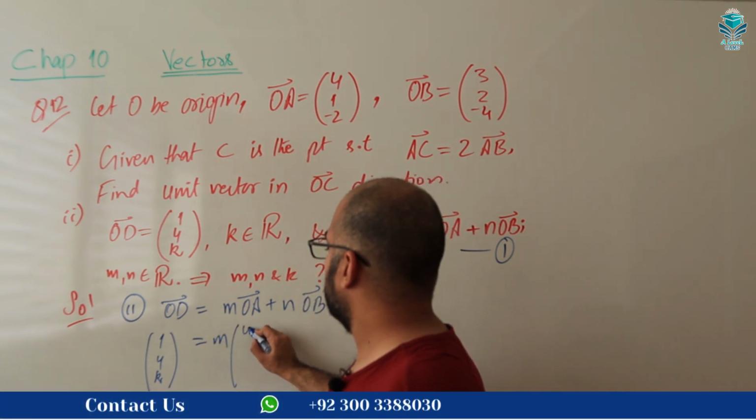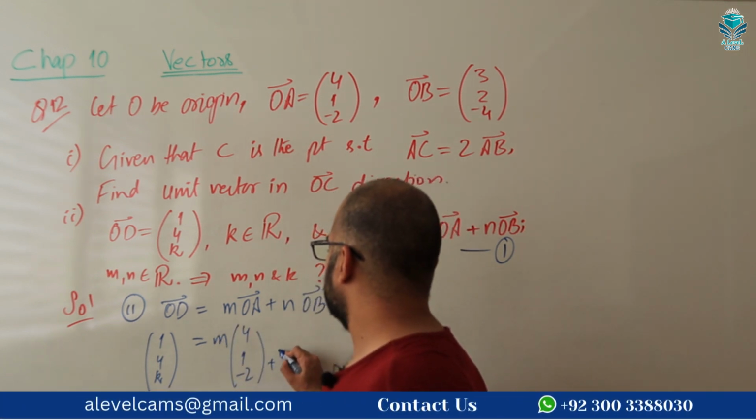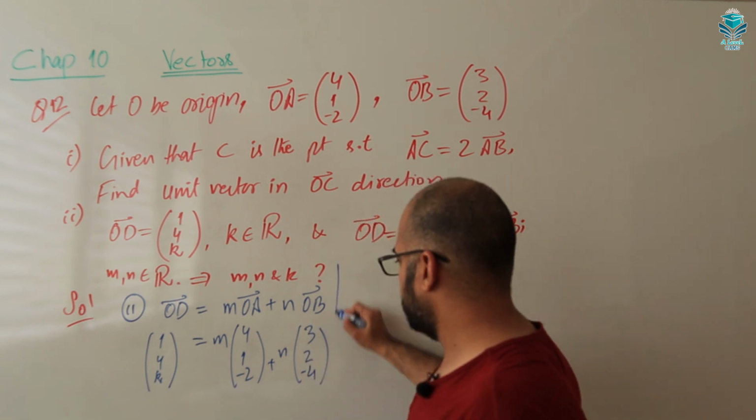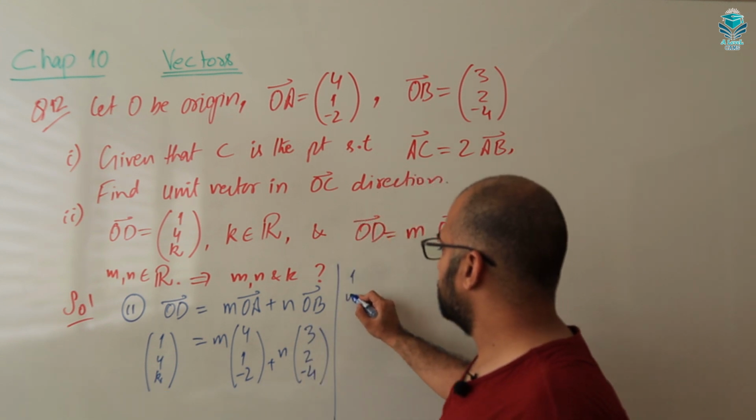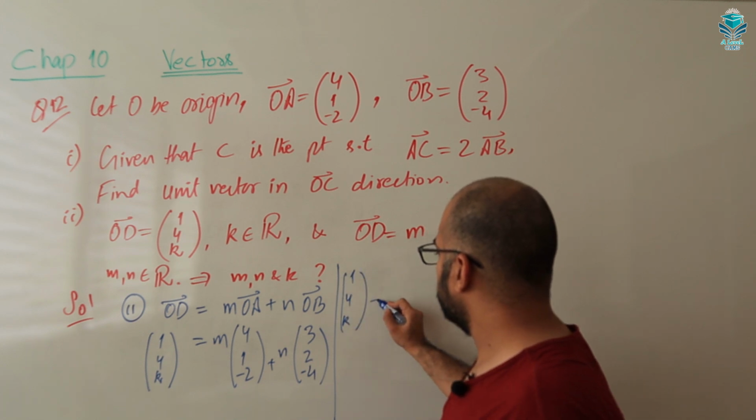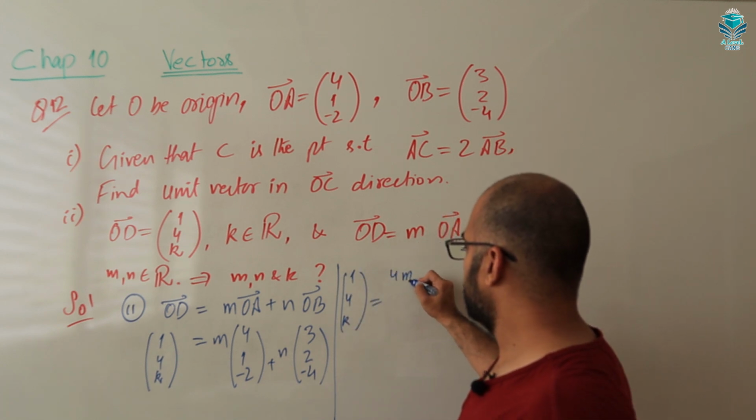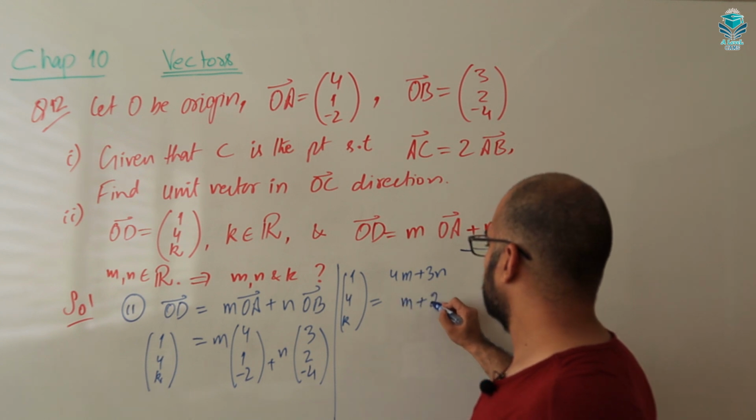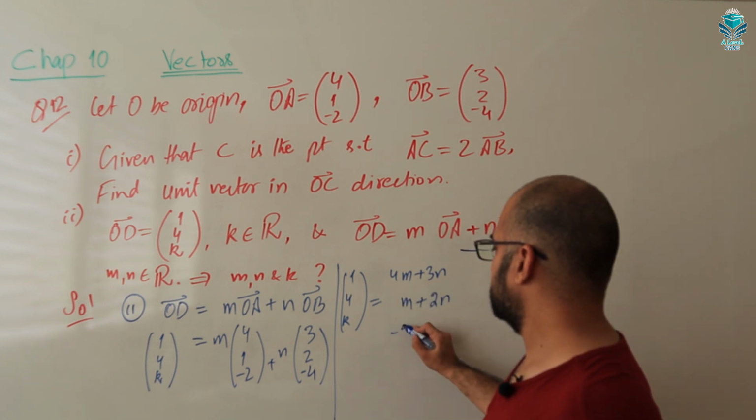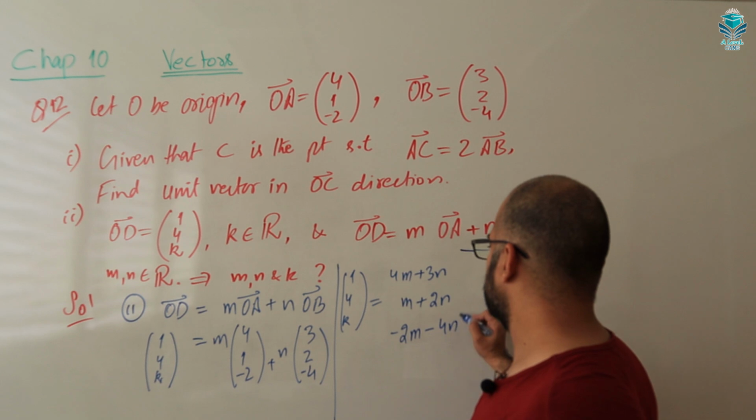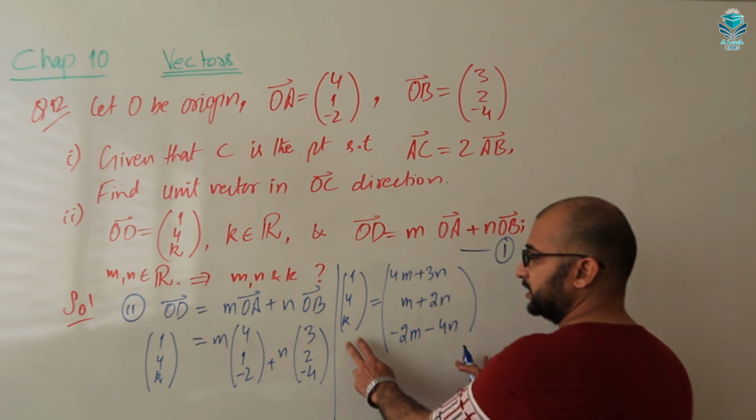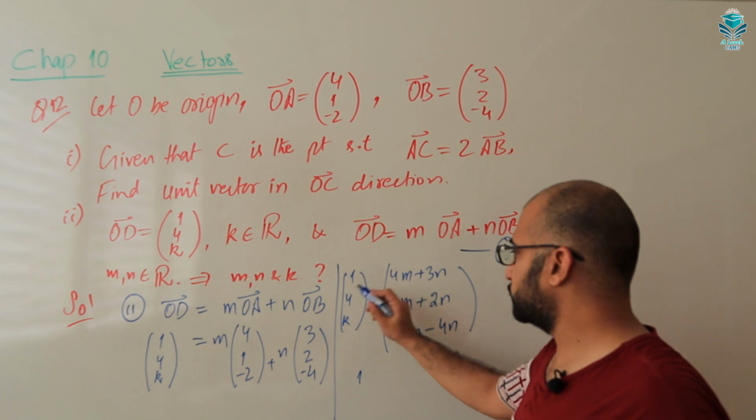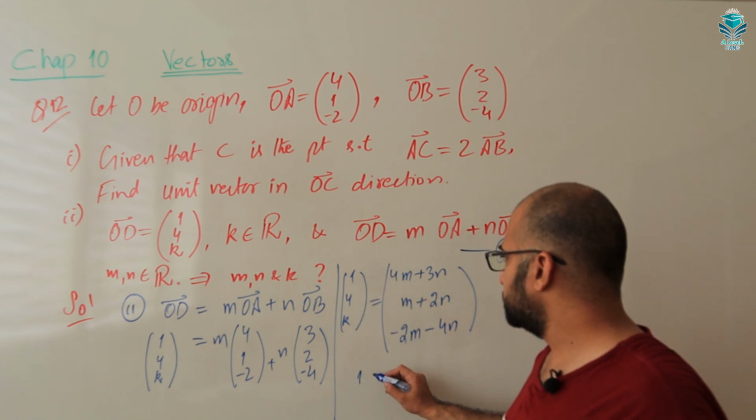OA is 4, 1, minus 2 and OB is 3, 2, minus 4. So we can write 1, 4, K equal to 4M plus 3N, M plus 2N, minus 2M minus 4N. These two vectors are equal, so equating the corresponding elements, you will get